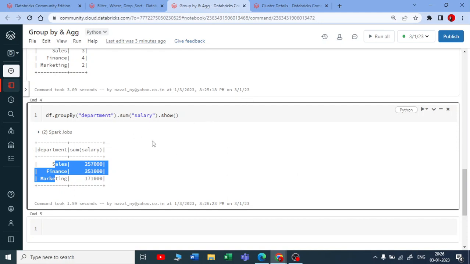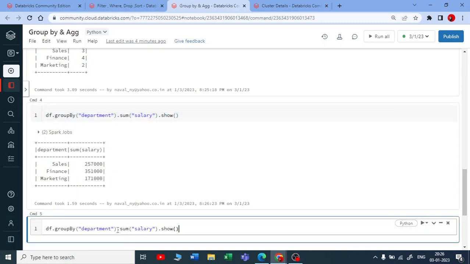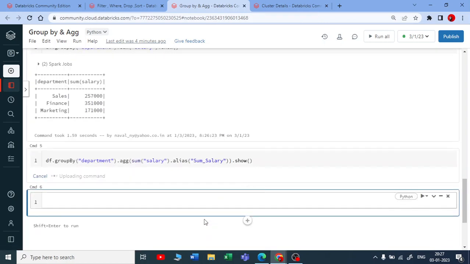Suppose I want to change the column name. After groupBy, I'll use .agg, and in that aggregation I'll pass the sum of the salary. Now I'll change that sum of the salary column by using .alias, and I'll give it the name sum_of_salary, just to show you how we can rename that column. Okay, beautiful. Let me execute this. Now you can see,